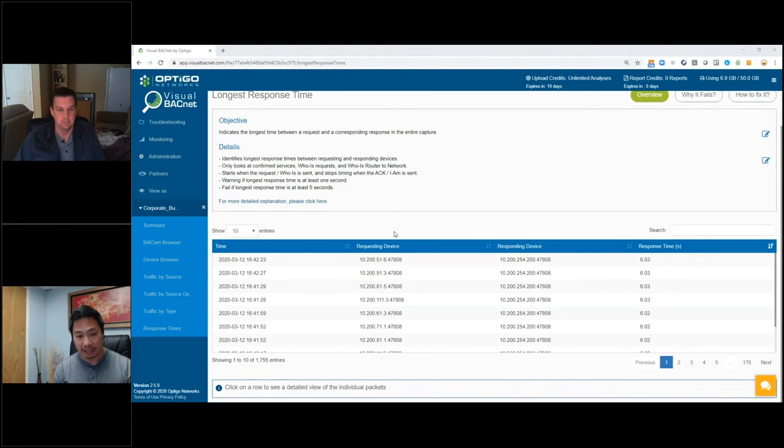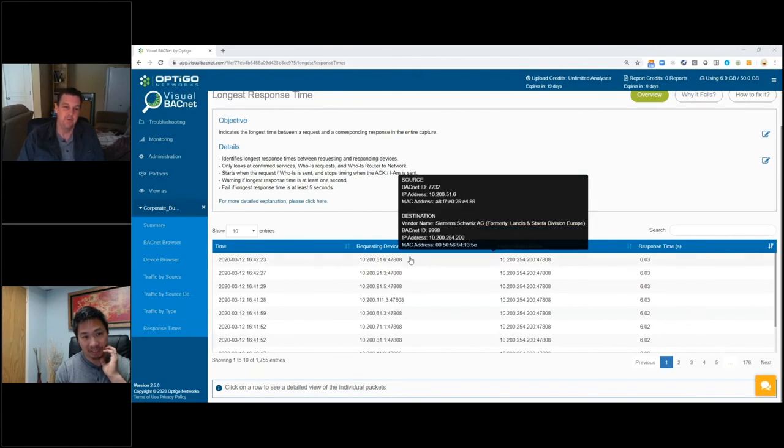It is very likely that either the requesting device or the responding device, again at the OS layer, at the software layer, is taxed so much that it's not able to keep up, and therefore it slows down. Well, let's dig into that. So here we've got a requesting device. This is the 10.200.5.160 or device 9998. It is actually asking for information from